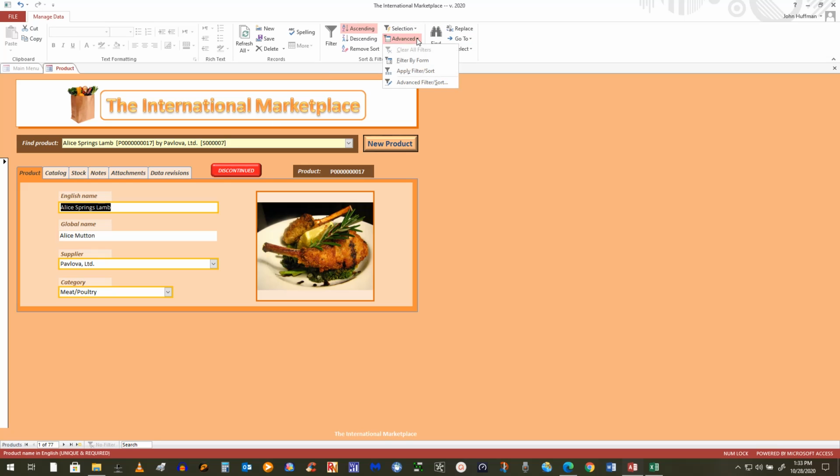There is a way to actually create filters for things. So maybe I only want to see the ones that are meat and poultry. I could actually do that, and its syntax is very much like building a query. I could go up here and do, let's see, apply filter by form,